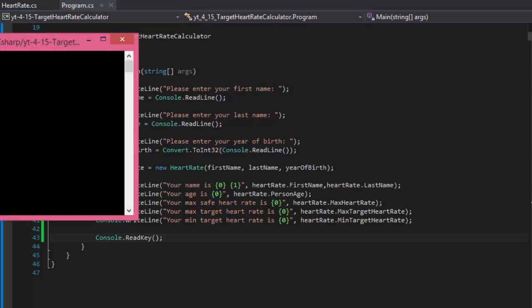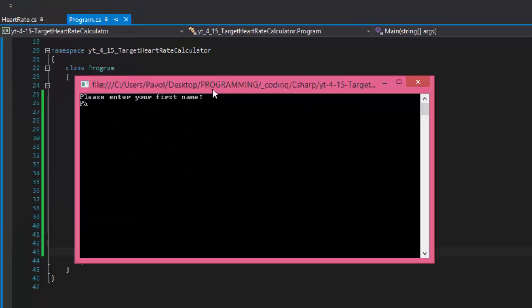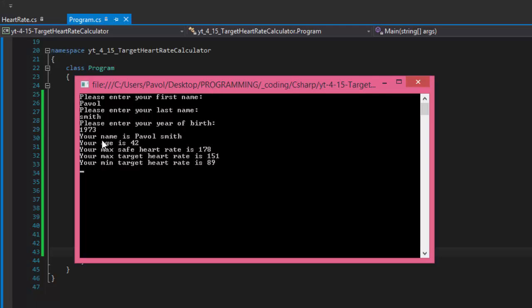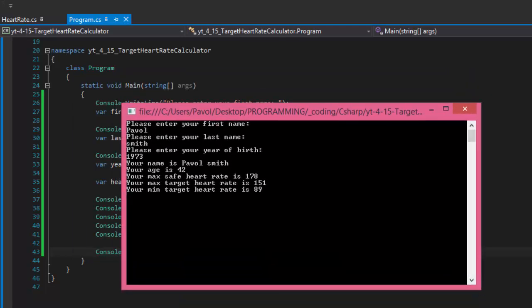But let me try again. This time, instead of my age, it's asking for year of birth. So in 42 it was what, 1973. So yeah, now my name is Pavel Smith, age is 42. Now if my age is 42,